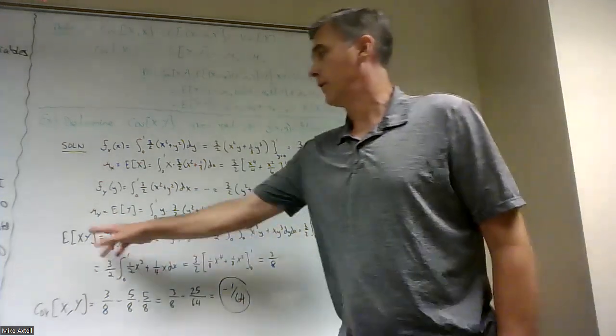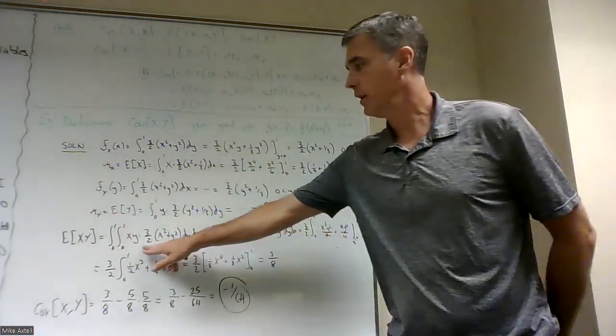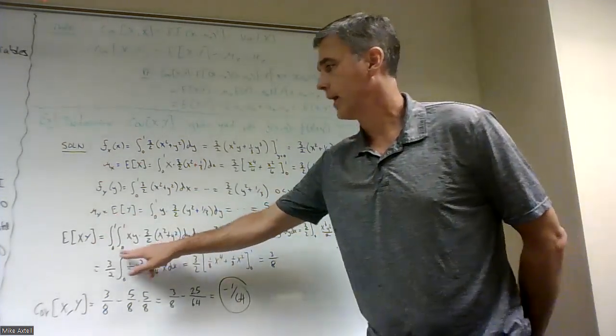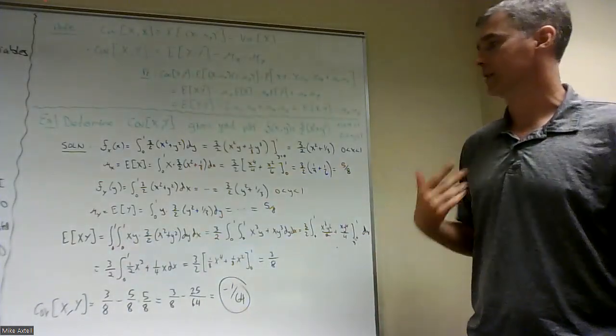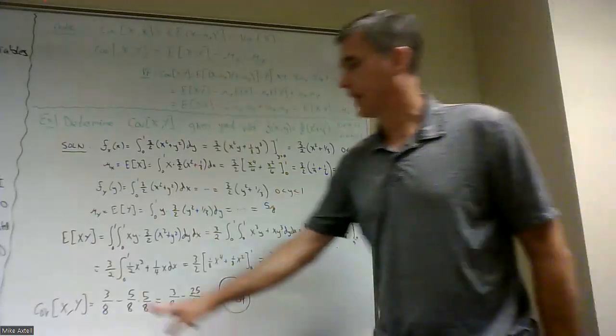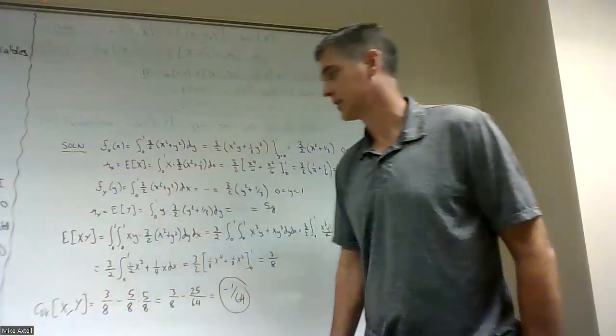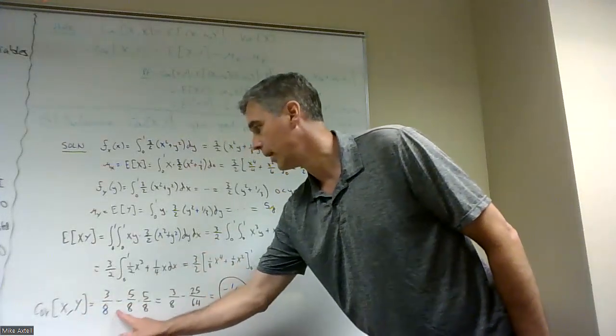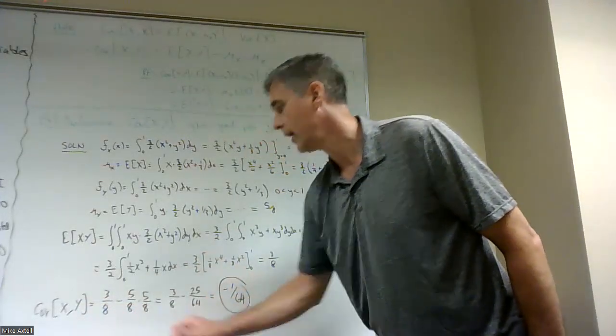Now I'm after the expected value of x, y. So I'm going to take the joint PDF, multiply it by x, y, and double integrate over x's and over y's. I do a bunch of calculus, and I get 3/8. And so then I can bring it all together. The covariance of x and y is e of x, y minus mu of x, mu of y, and I get